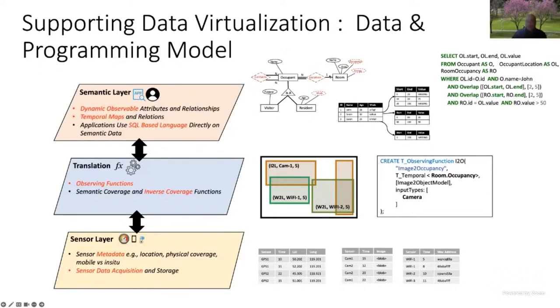The fundamental difference between the model that TPSDB supports versus the regular relational model or ER models that we're used to is that we have this concept of dynamic properties. Associated with entities such as a room may be a concept of occupancy, which is an attribute that's dynamic. A dynamic attribute means it's interpreted directly from sensor data during execution time. Likewise, relationships could also be dynamic.